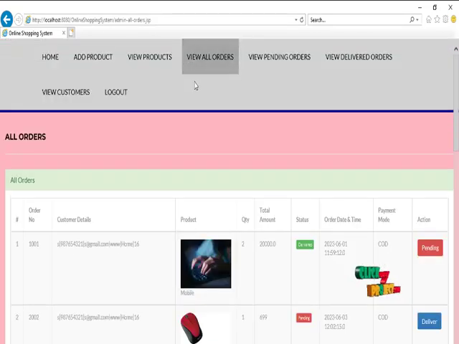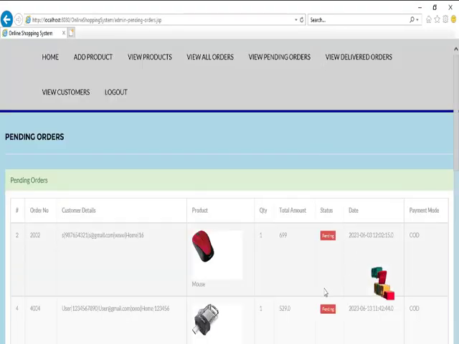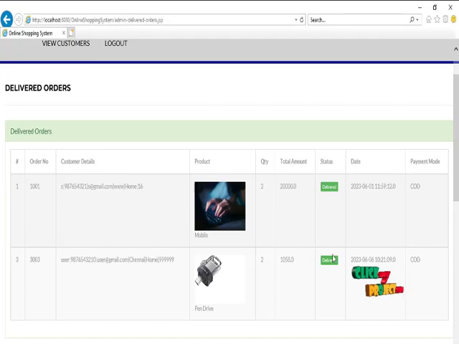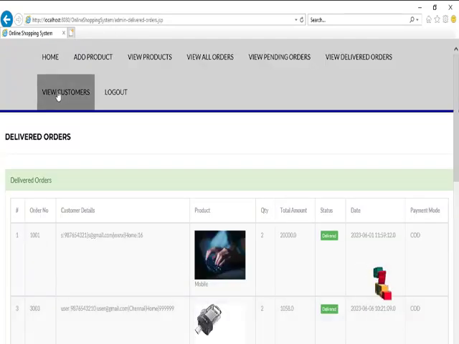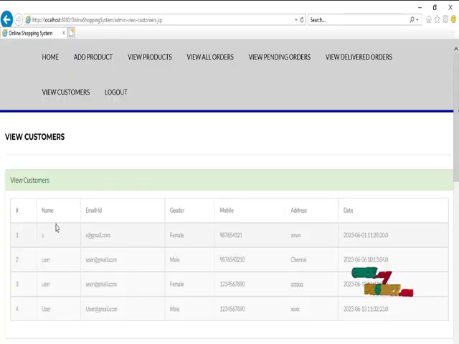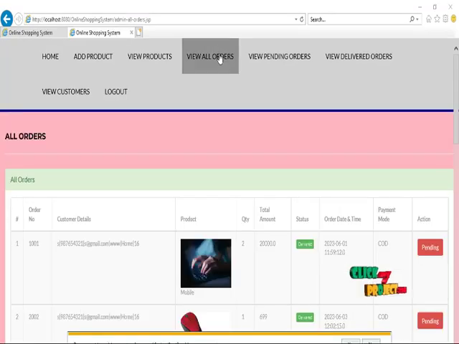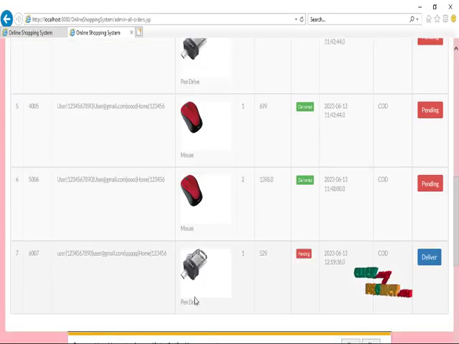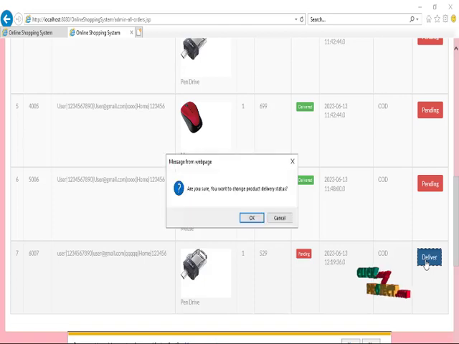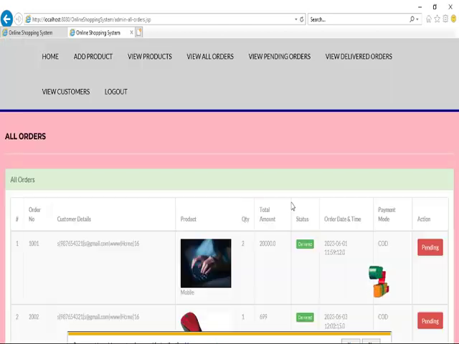Next, view all orders. These are our orders. View pending orders. This is our view delivery orders. This shows the delivered products. View customers. This is the customer, view all orders. This is view all orders. This is the final product to deliver. If you click the deliver button, it changes the product delivery status. OK,